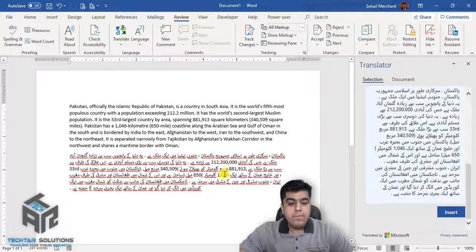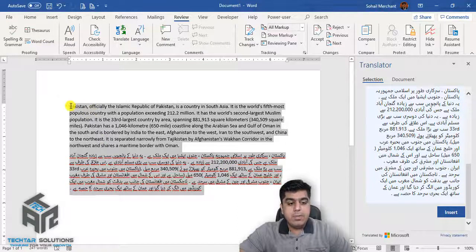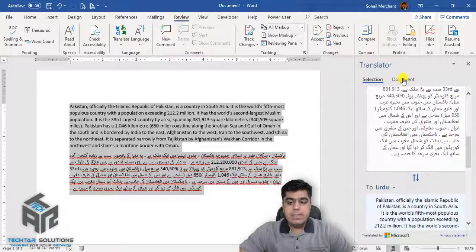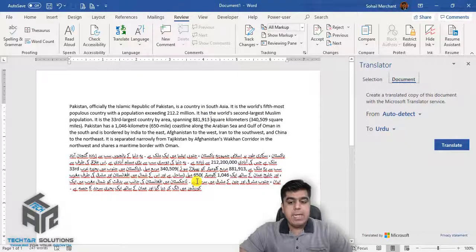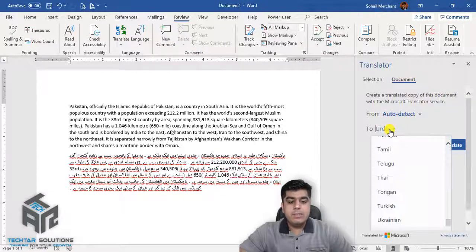Now if I want to convert both paragraphs, that is my complete document, into Urdu or let's suppose French, what I can do is go to the Document section. Since we have multiple languages, I am selecting Auto-detect, and this time I want to convert this paragraph into French.